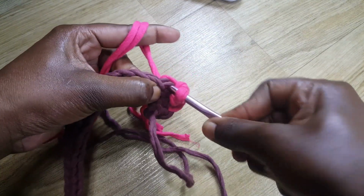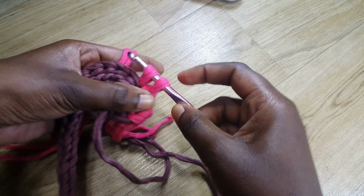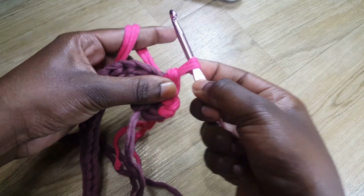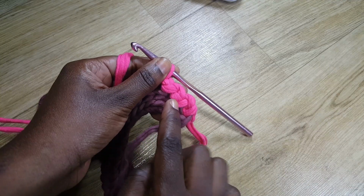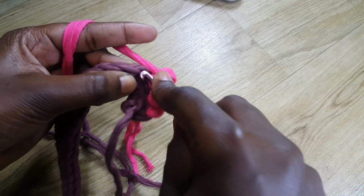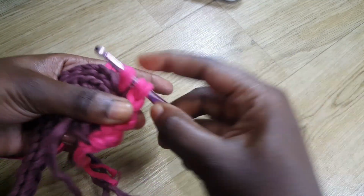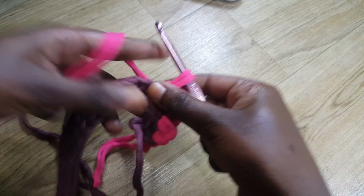grab some yarn, come up with it. Right, I'm going to slip stitch like this, pull my yarn a little bit and chain one. So what you're literally doing is slip stitching and chaining one, and we're just going to repeat that until we get to the very end. Right, so I'm going to slip stitch, pull my yarn a little bit